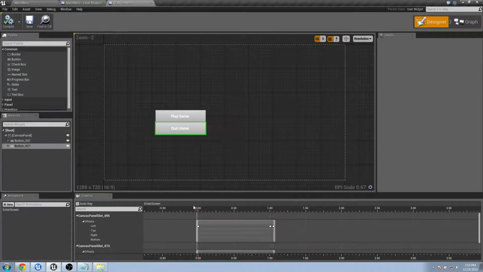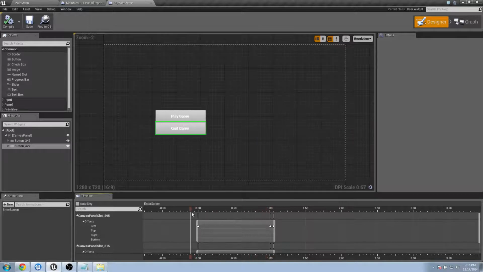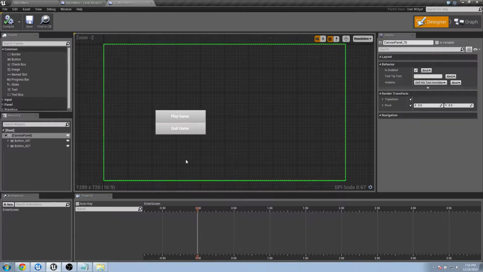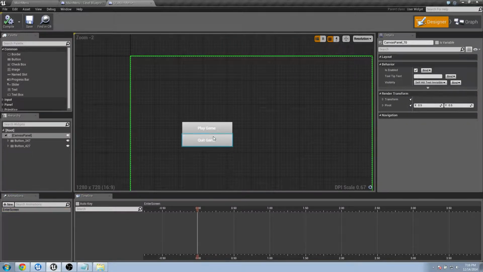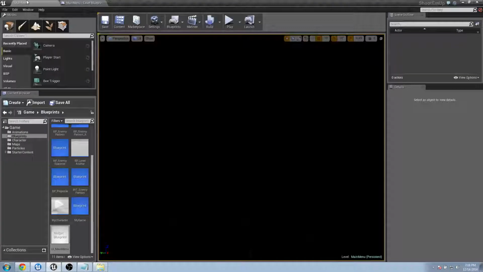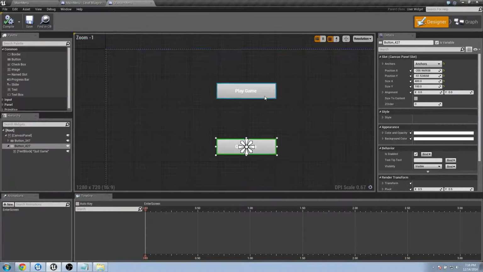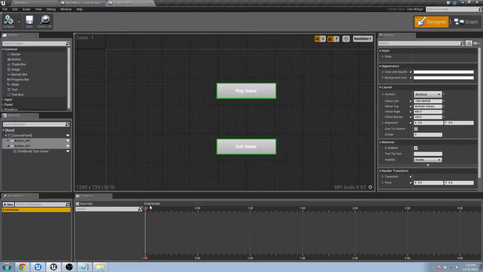For this animation here, oh, that's interesting. Right, because we actually moved the anchor after we animated it, that animation is actually completely wrong now. So let's just do this again from scratch. This feature is still a little bit in the works, so it should have reset my buttons, but it did not. Right, so there's my anchor, so I just click on the animation here, turn on the auto key, and then